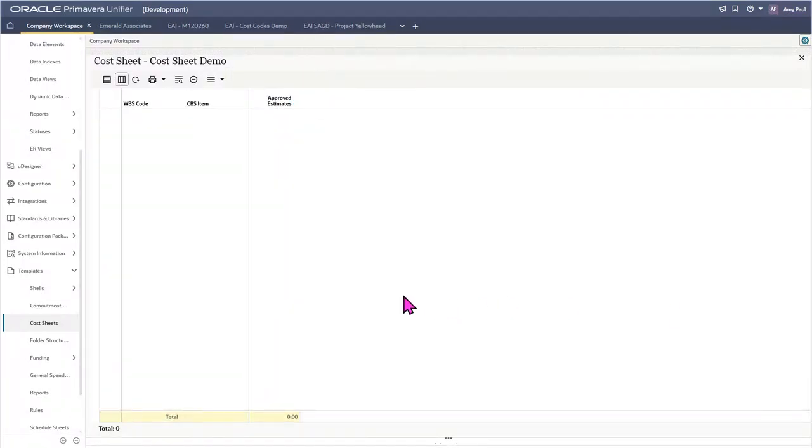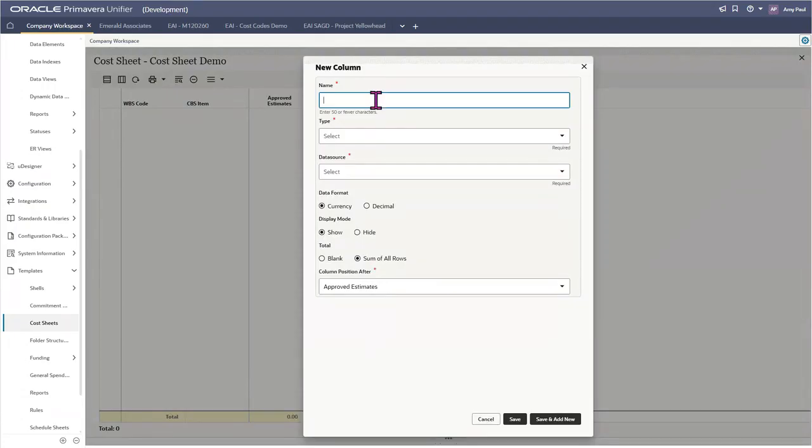Let's say I want to create a formula-based column. So I'll click on this button again here. Formula-based columns can use data from other columns or data sources like business processes. For example, let's say I want to take a look at pending budget changes. So I want this column to show the total of any budget changes in my project that are created but